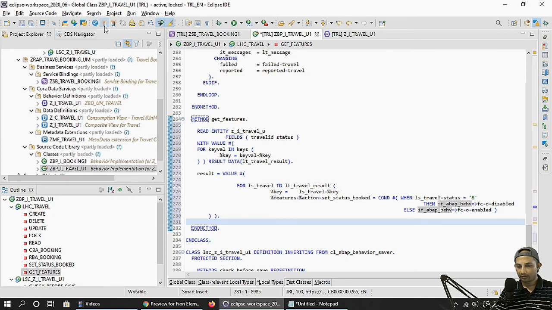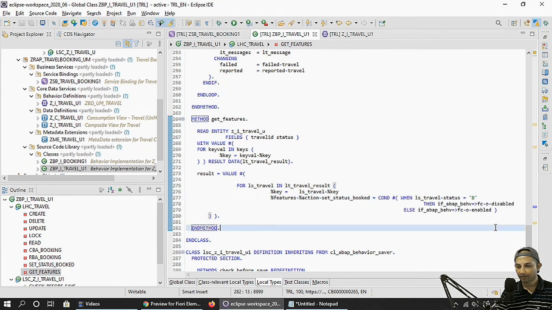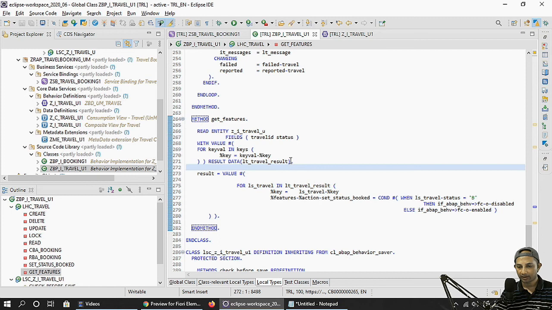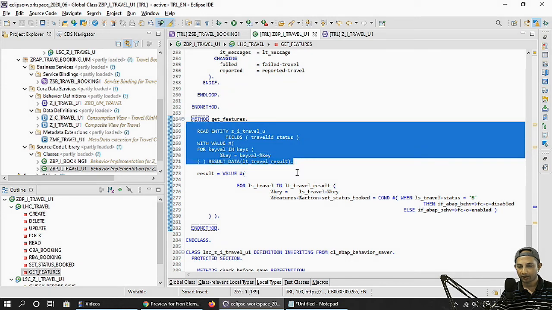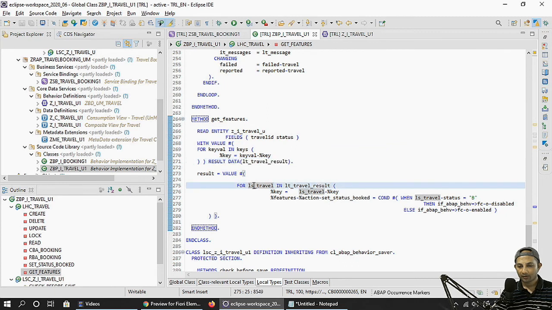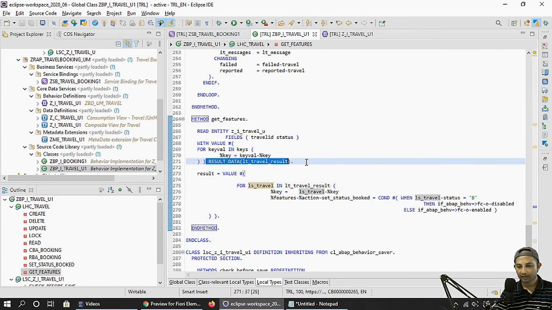With a higher version on-premise, you can get the same flavor also, not a big deal, but just to point out, a point to be noted, this is something, the conditional expressions we have used. We have used how to do a read entity with the data that we need, right, and capturing into a specific table, a local internal table, result data. So kind of a different syntax. Okay, I have activated. I keep forgetting things, I believe I have. Yes, so let's test it.